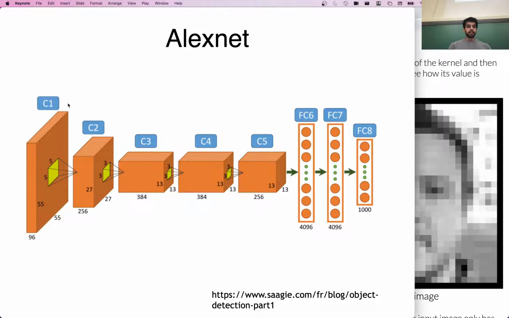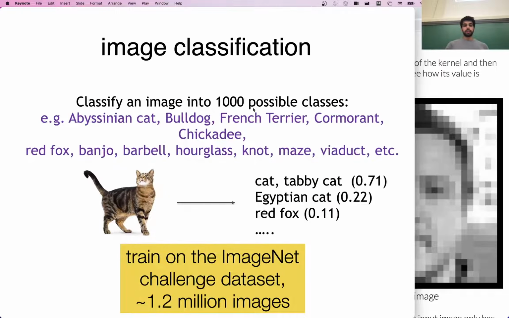So you can see like you start with the initial image, you apply a bunch of convolutional layers, and the resulting dimensionality of the image is being modified until you get to this point. And then finally, when you get over here, you feed it through some linear layers, or fully connected layers. Finally, you get a vector of 1,000 dimensions. You apply your softmax over this vector, and then you interpret that in terms of like the 1,000 different classes here. So probability of it being like Abyssinian cat.